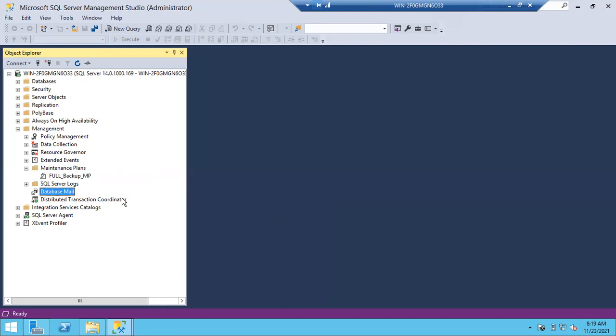You have to simply run that script. It is going to configure database mail so that if something happens, you will get an email. You can create alerts now, but the problem is you won't get an email. Why? Because we haven't created any database mail. If we create the database mail, then automatically you will get an alert.